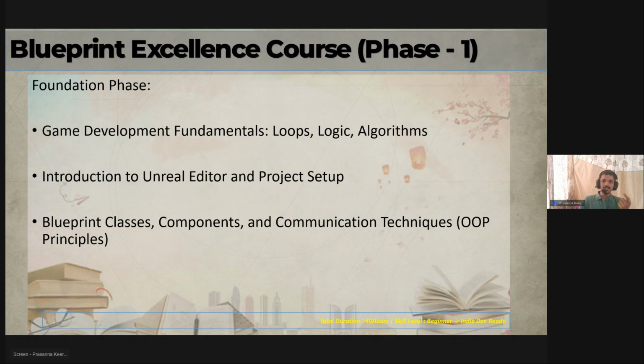What is this actually? To be honest, I don't know how to react, whether to smile or what is really happening. This is not only happening in India, it is happening globally. If you don't believe me, just search on LinkedIn for game developer or game designer. They will ask that a person should have shipped at least two AAA titles, then they can take you as a junior or associate.